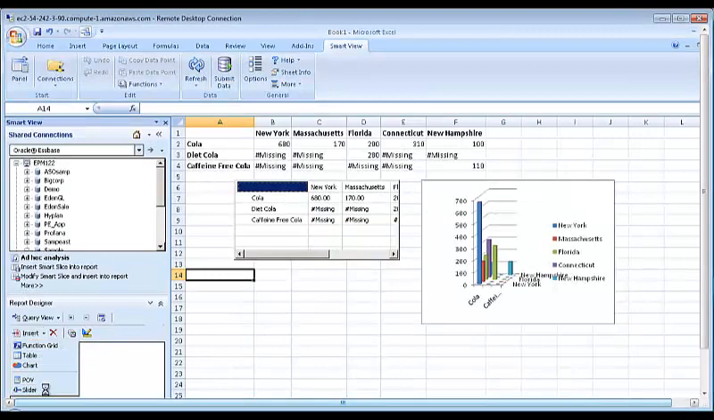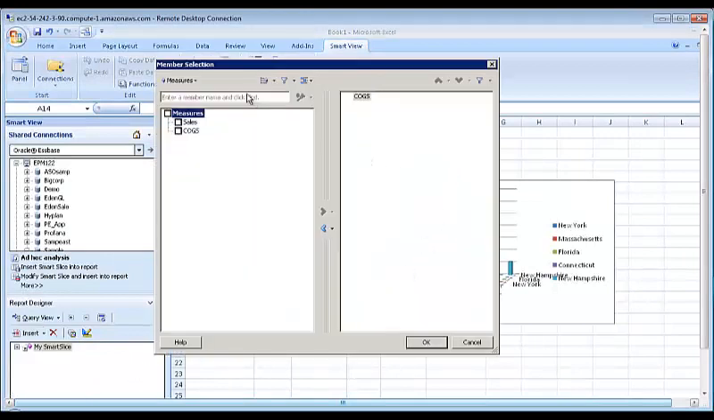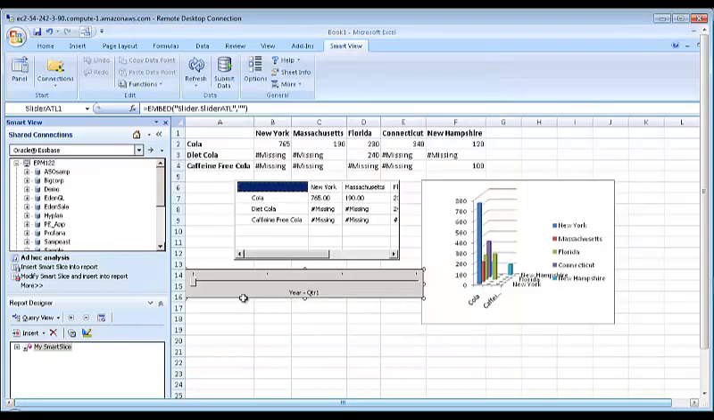And I'll insert the slider. And it says, well, you know what? You've got 3 POV dimensions. Which POV dimension do you want to appear? I'll select the one with the most members, the year. And this time it's not what do you initially want to appear in the POV. It's which members do you want to be able to select from this POV control. So I'll select all 4 quarters, click on OK, and there's my slider. And notice it says